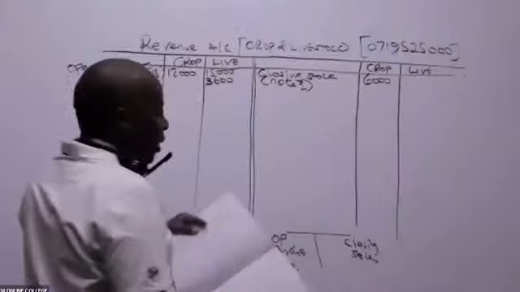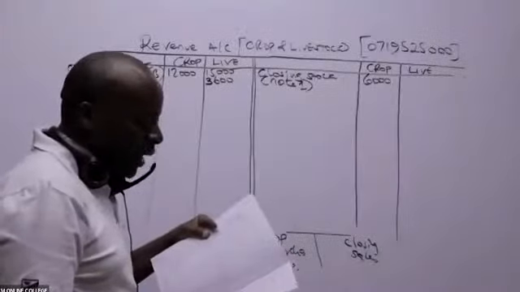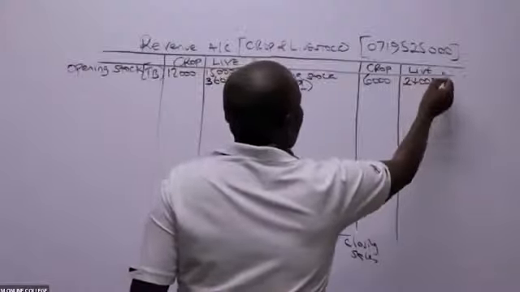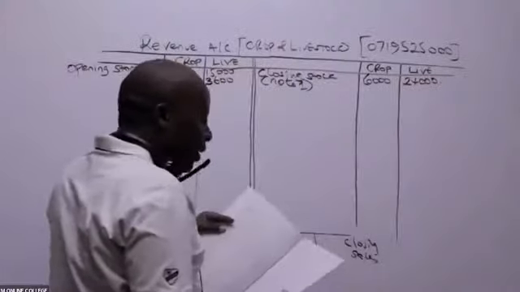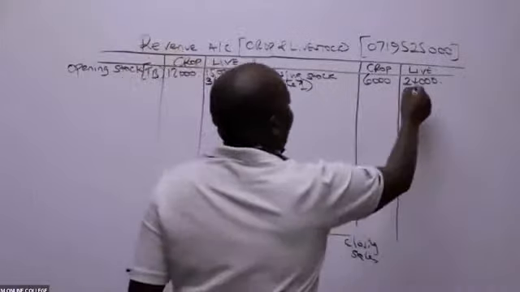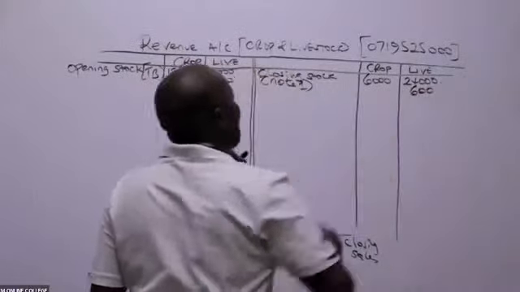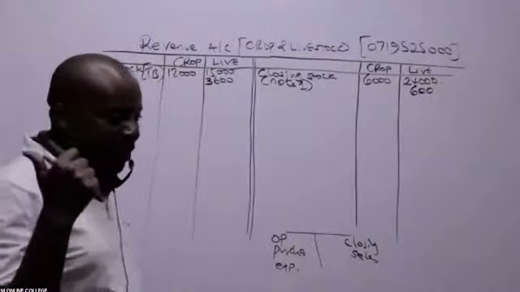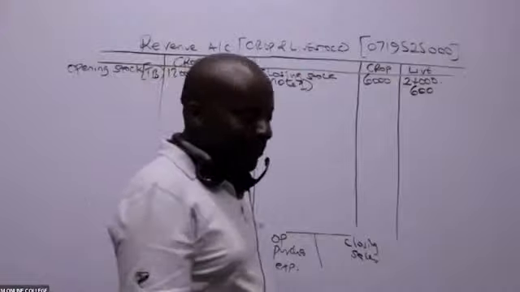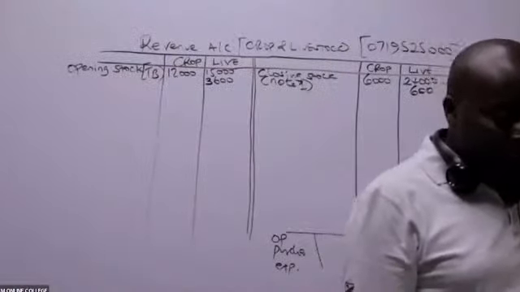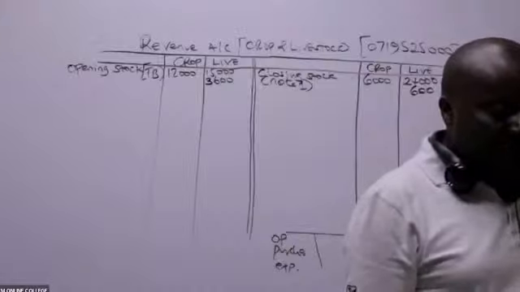And then we have here livestock. Livestock, I can see 24,000. And then for livestock still, we have livestock feeds of 600. Can you kindly confirm that all of us have been able to put in the stocks? Let's confirm by just saying Y or yes, that all of us have been able to put in the stocks.